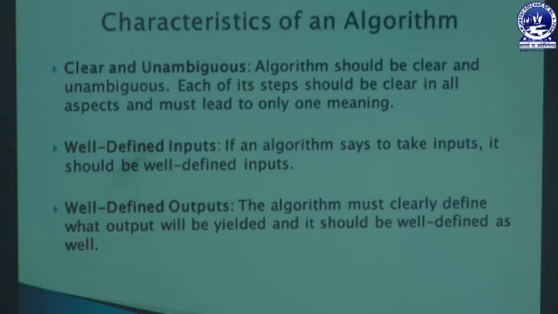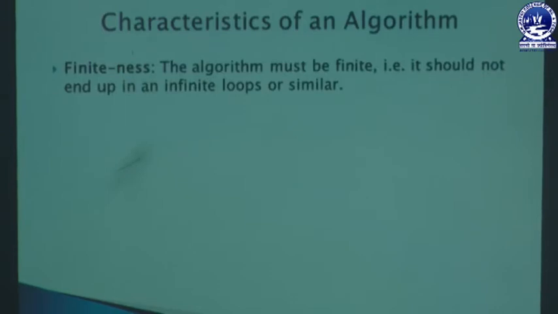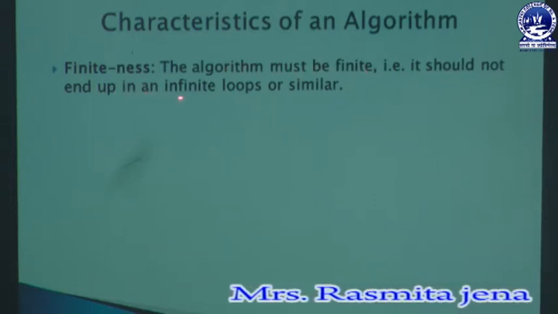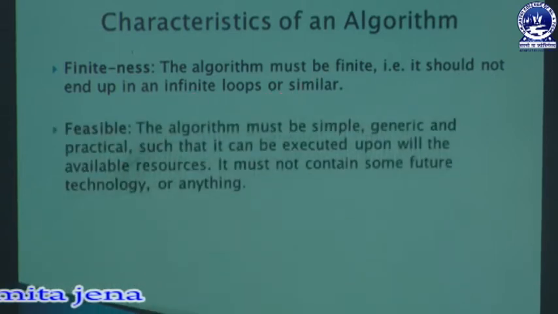So these are three characteristics of an algorithm, and the next characteristic is finiteness. That means the algorithm must not continue with infinite loops. An algorithm must be finite; it should not end in an infinite loop or similar. Then the next